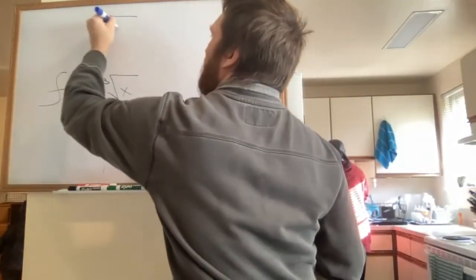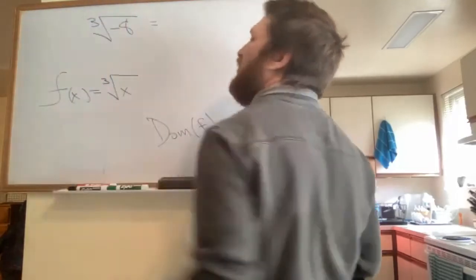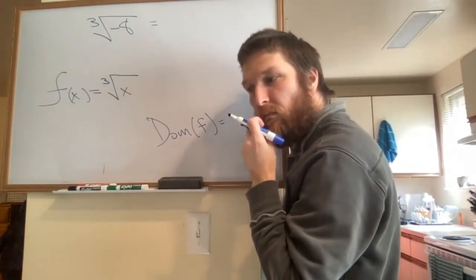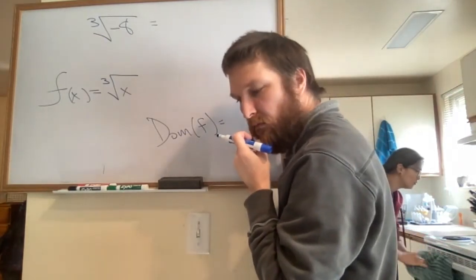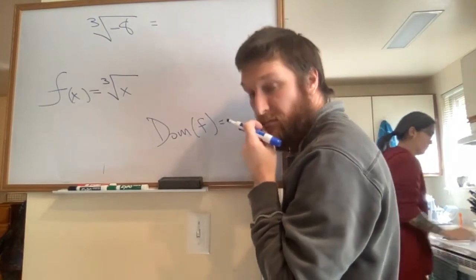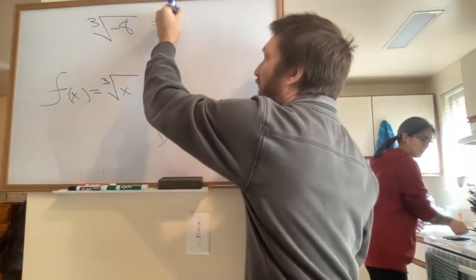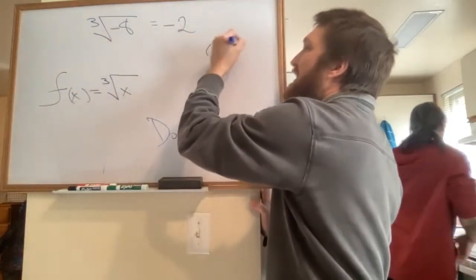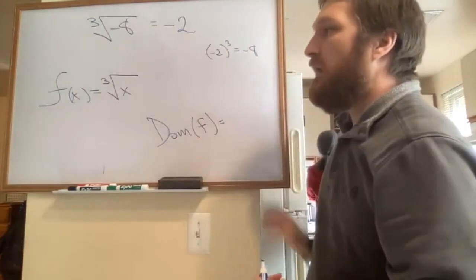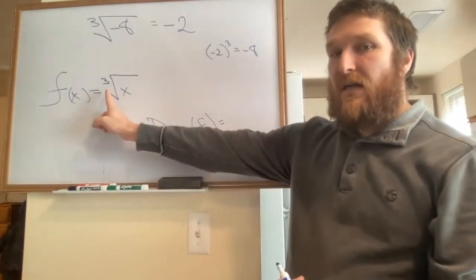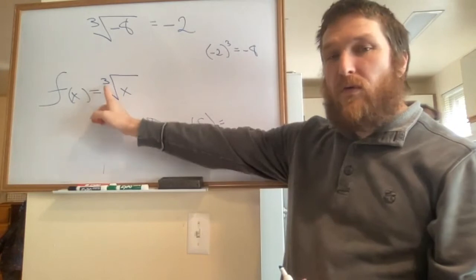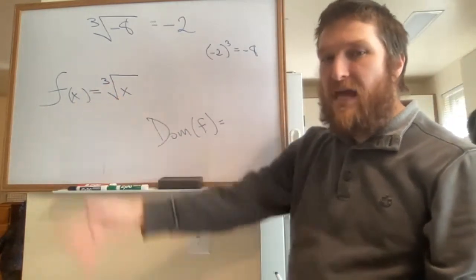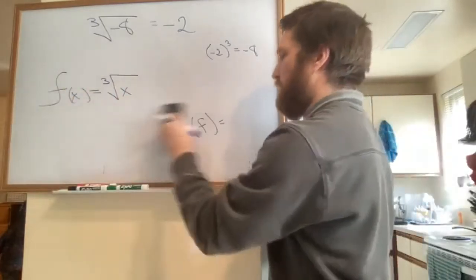Earlier we did something like this. What was the cube root of -8? -2, right? Because why? Well, because -2 cubed is equal to -8. And so the idea here is with an odd number root, we don't have to worry about the restriction. It's perfectly fine to say, plug in a negative number,